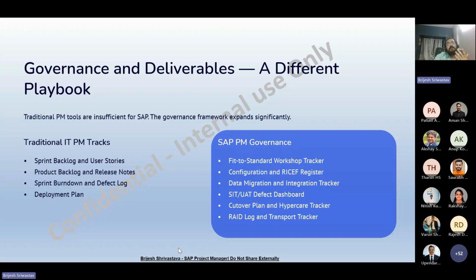And whenever you receive new development requests from the client, you need to identify them and maintain your configuration and RISE register also. You also ask the data migration team and integration team for their activities, because these are critical for the end-to-end business process. And during testing, you will monitor the SIT and UAT defect dashboard also.